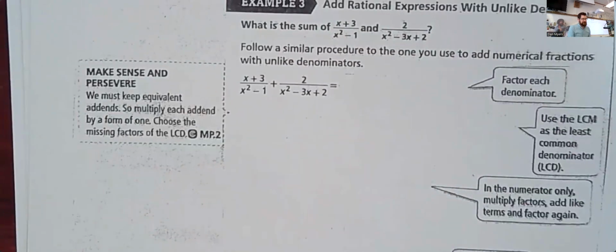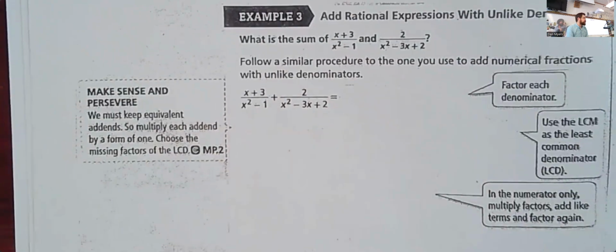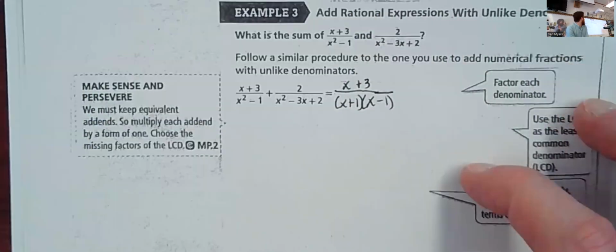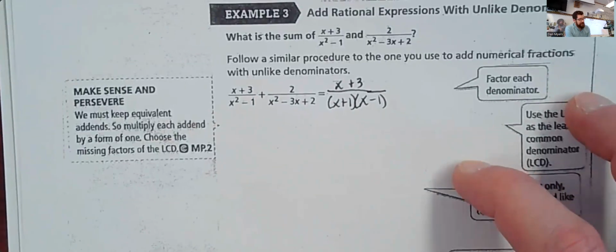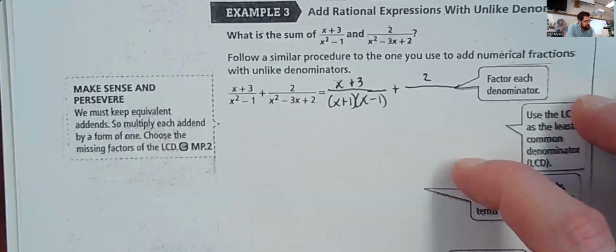So if we factor the first denominator, x squared minus 1, that is a difference of squares. So that'll be x plus 1 times x minus 1. So we're going to get x plus 3 over x plus 1 times x minus 1. That's what that one factors to on the denominator. And then the other one, we're going to say plus 2 over, what are we going to end up with here